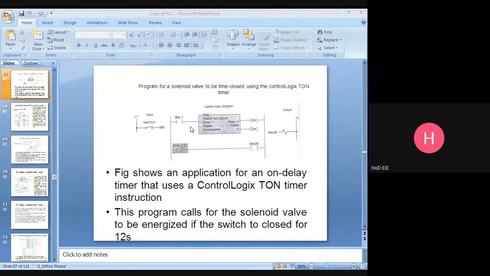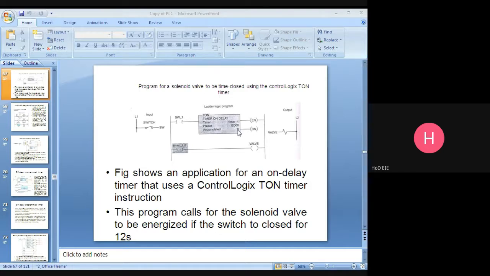Once the switch is closed, the enable bit will be enabled immediately, and the timer starts timing. 1 second, 2 second, 3 second. Once it reaches the 12 second, done bit will be energized.